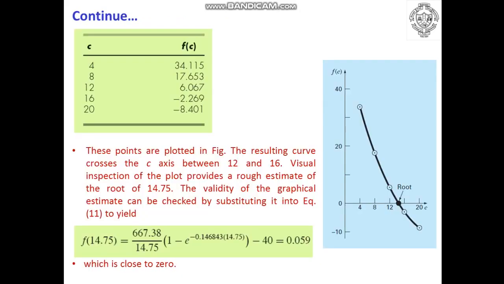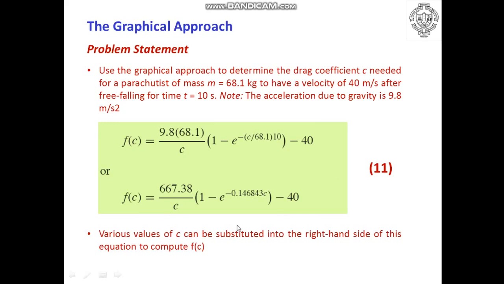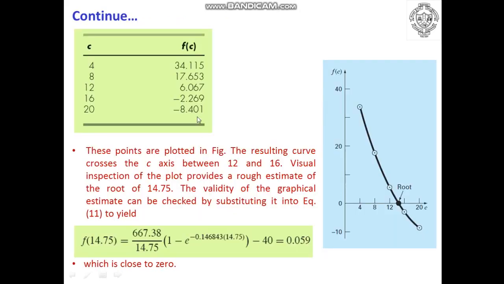So we will start guessing the values of c starting from 4. You can start from 2 also, there is no problem. So I am starting with an initial guess of 4. I will put the value of c as 4 in this equation: 667.38 divided by 4 into 1 minus e raised to minus 0.146843 into 4, minus 40. After putting the value of c as 4, I will get the answer for f of c equal to